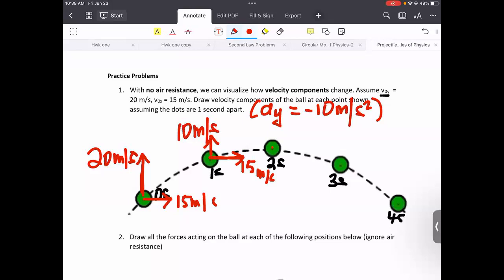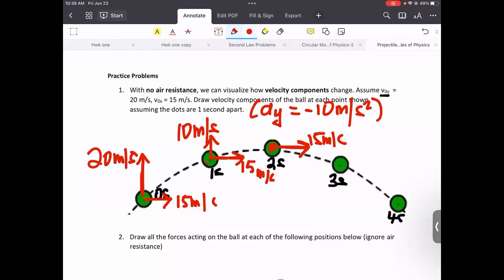Around here, I only have the horizontal component, still 15 meters per second, but there is no vertical component. There's nothing in the vertical direction because I have lost the other 10 meters per second after 1 second. So moving from 0 to 1, I lost 10 meters per second, I go to 10 meters per second upward. And then another second, I lose the 10 meters per second, so I have no velocity in the vertical direction at this point. I only have the velocity in the